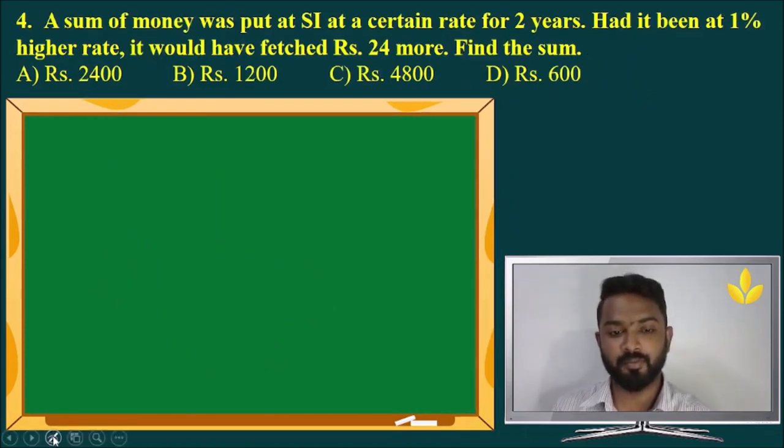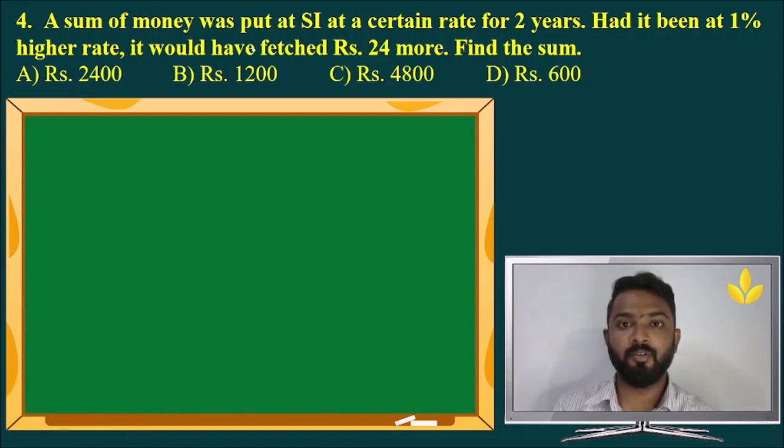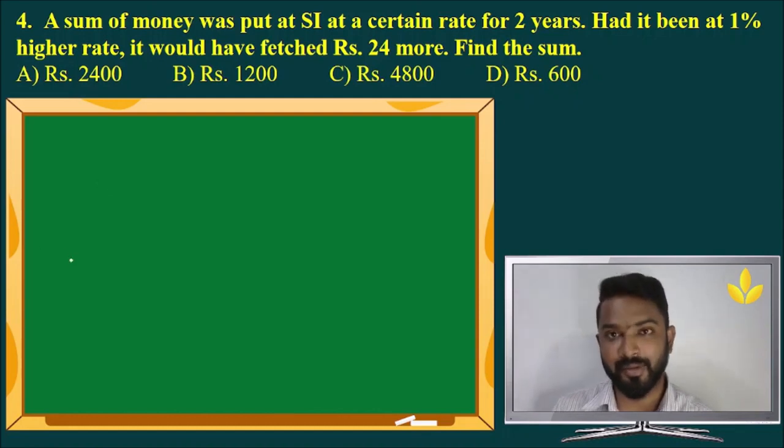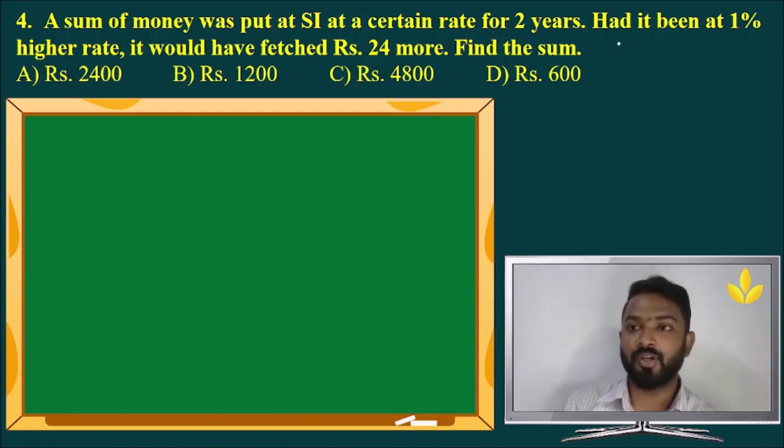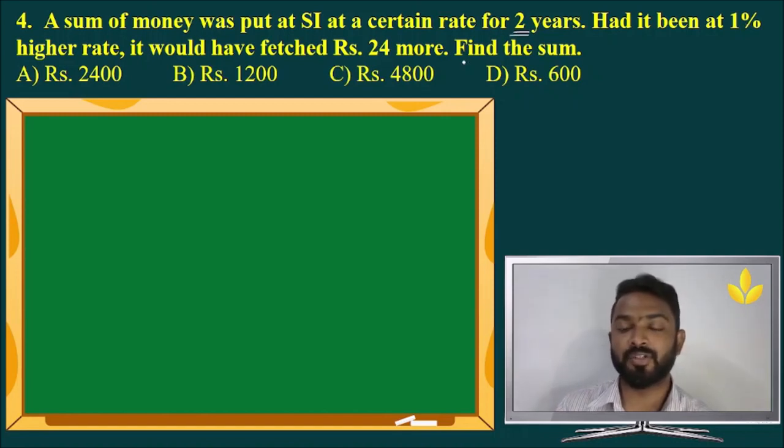Question number 4. A sum of money was put in SI at a certain rate for 2 years. Had it been 1% higher rate, it would have fetched 24 rupees more. Find the sum. This question is so simple, you can actually do it mentally. So if at all it has been 1% higher, but that is for 2 years. And this is simple interest. That means total increment